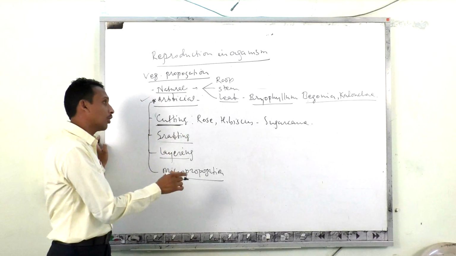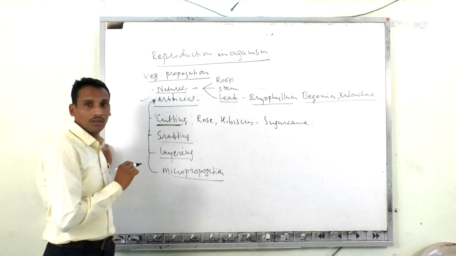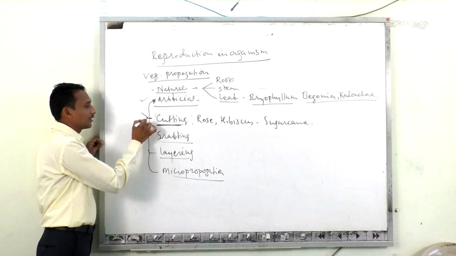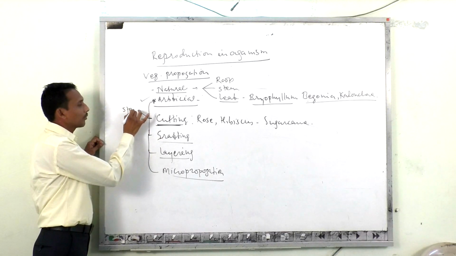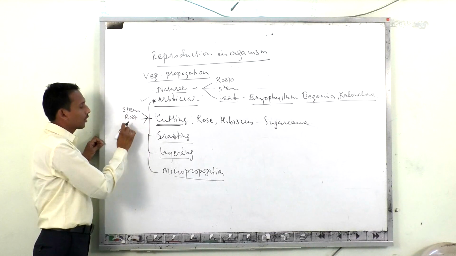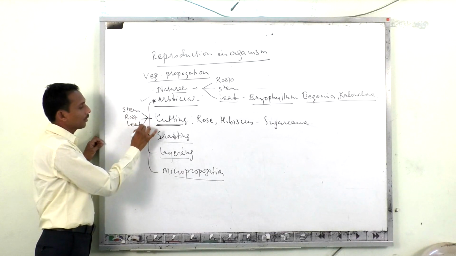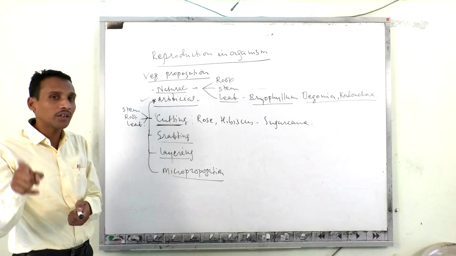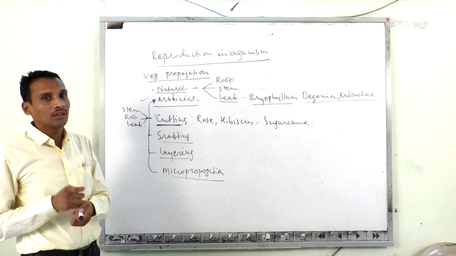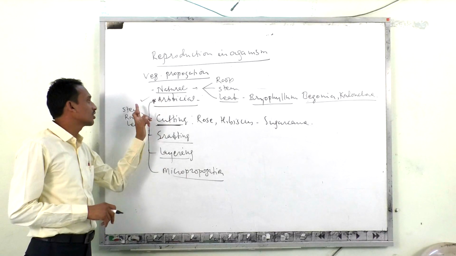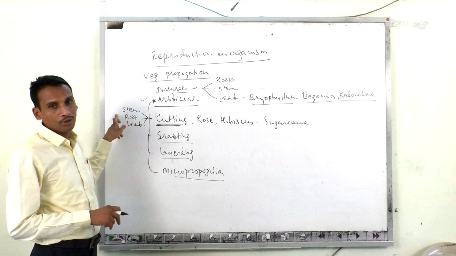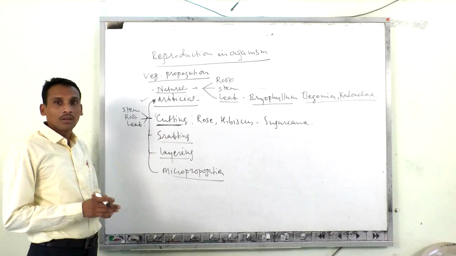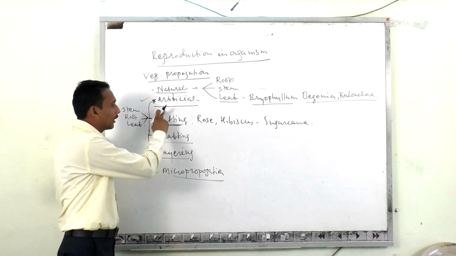So this particular cutting is again of three kinds. This cutting type of artificial vegetative propagation is again of three kinds. One of them is the stem cutting, another one is the root cutting, and the third one is the leaf cutting. Whichever portion you use for vegetative propagation, you cut it and plant it separately, and so it becomes the three types. When you use the stem cutting, when you use the root for that propagation, and when you use that particular bryophyllum plant.